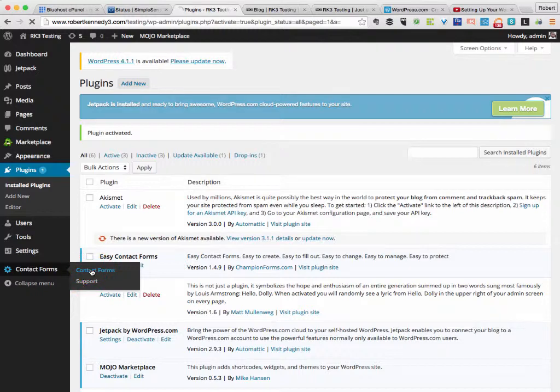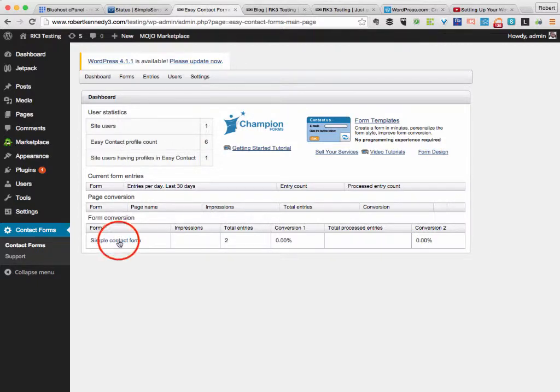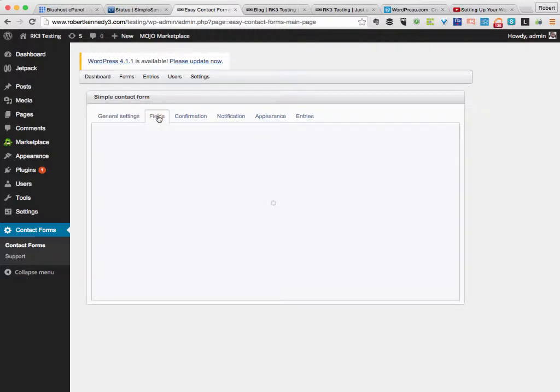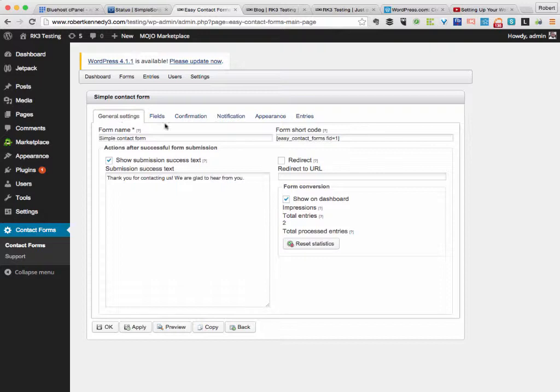So right now I'm going to go to contact forms. I'm going to set this up, and just going to choose the simple contact form that they've already got set. I'm not going to add anything different to it. You can see the fields that it's got set: first name, last name, email, your request, and submit. So I'm just going to take their short code,